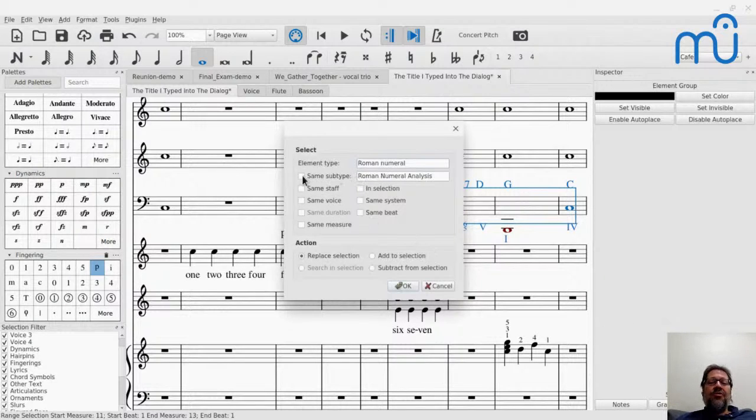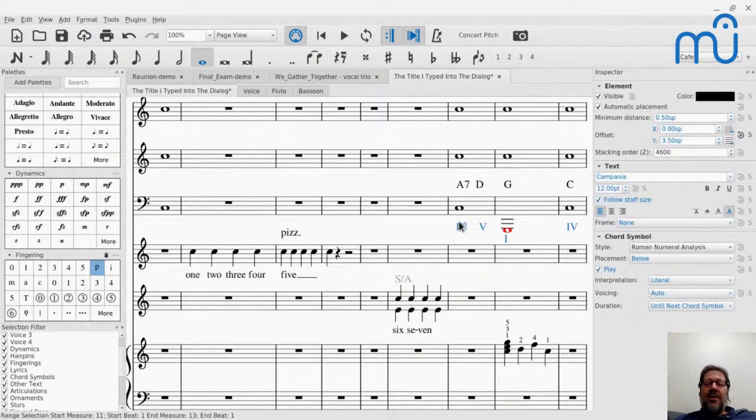subtype. Because Roman numeral analysis and chord symbols are actually the same type of element internally. They're both chord symbols internally. They just have different text styles associated with them. So when I do that, now just the Roman numeral analyses are